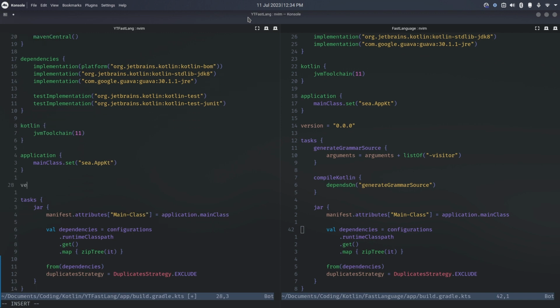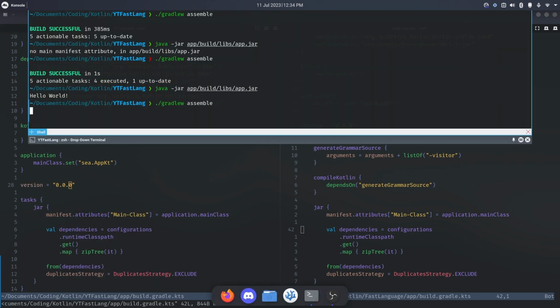One other thing you can do, if you're making a legitimate application, which I like to think that we are here, you can set the version. And I'm just going to set that to 0.0.0 until it's ever in a good version. And then if we assemble this again,